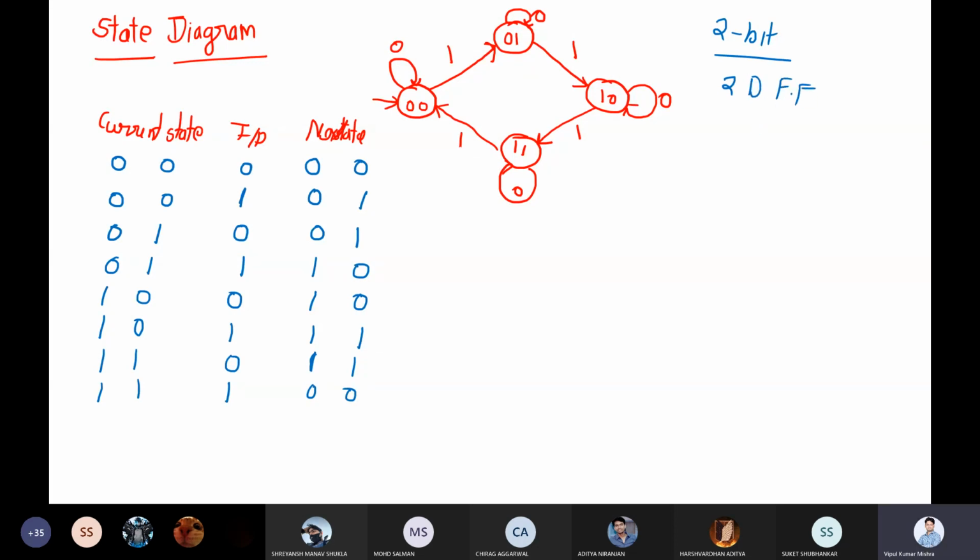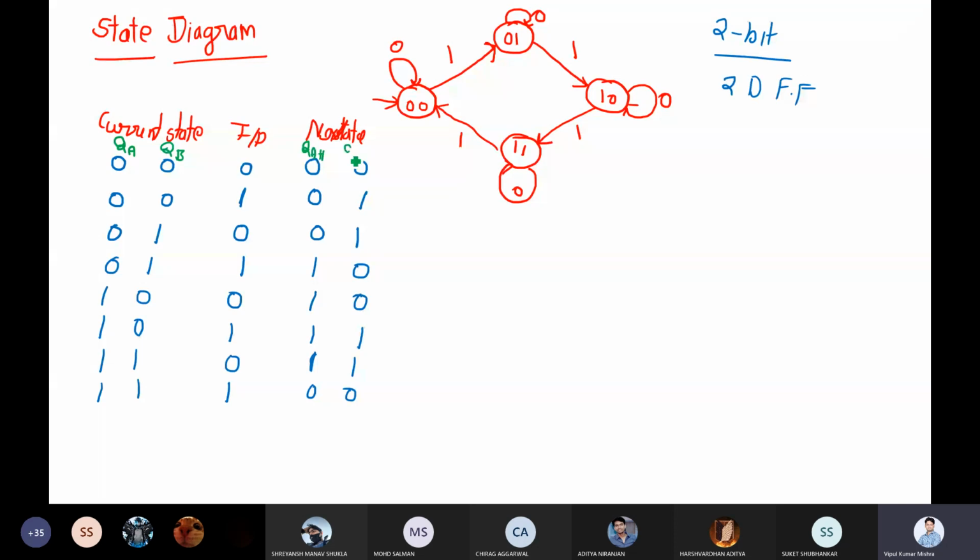So now if we have 2 D flip-flops, how can we represent them? Let me represent it in a simpler way. I have a DA, and instead of saying DA, I have a QA. So the first flip-flop is represented by A and the second flip-flop by B. So these are QA and QB. And what is the next state that we are looking for?